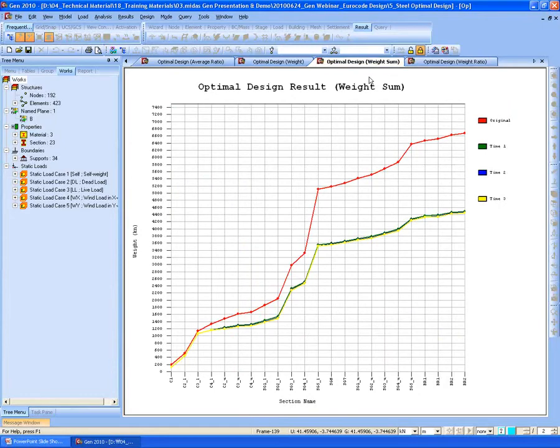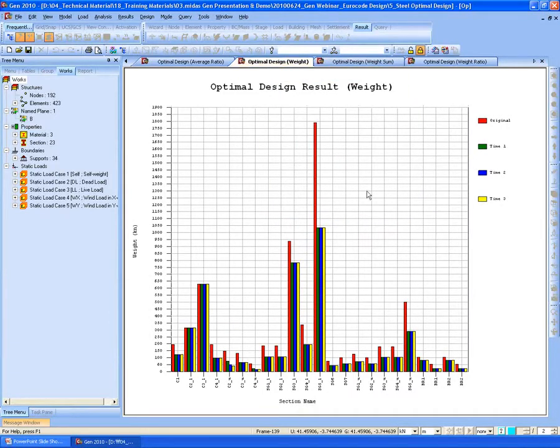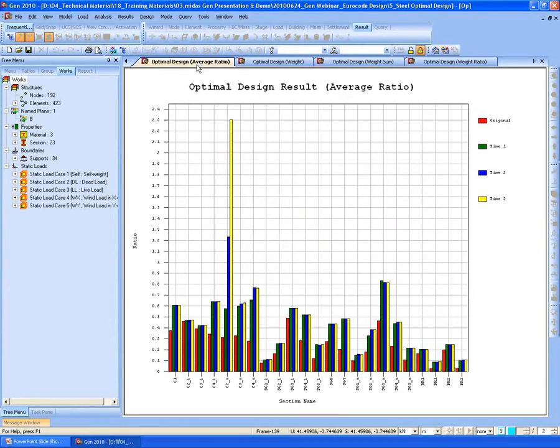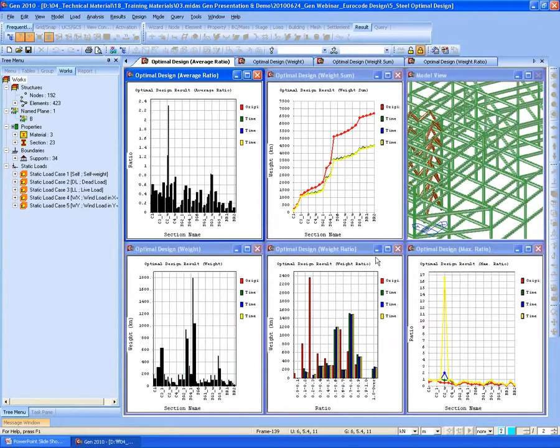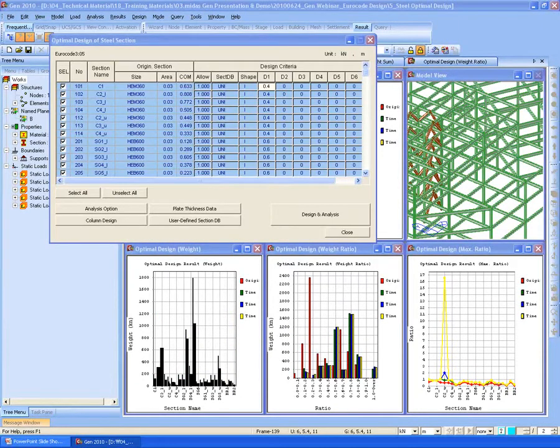For the weight sum, for each section group, and average ratio, and so on. So these various types of results can be checked by performing the optimal design.